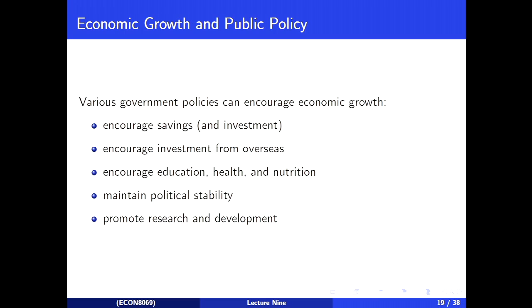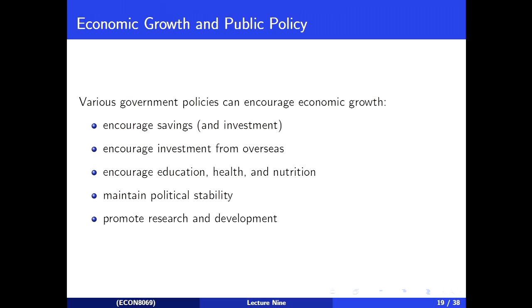Okay, it's about 19 past, so we will get started back again. I want to talk a little bit about government policy, and then hopefully we'll also get some time to talk about unemployment, because these were the slow slides we just finished up here. Given what we've just talked about, we want to think about government policies that might encourage economic growth. There's a few that I've listed here that we can think about when approaching this problem of encouraging economic growth.